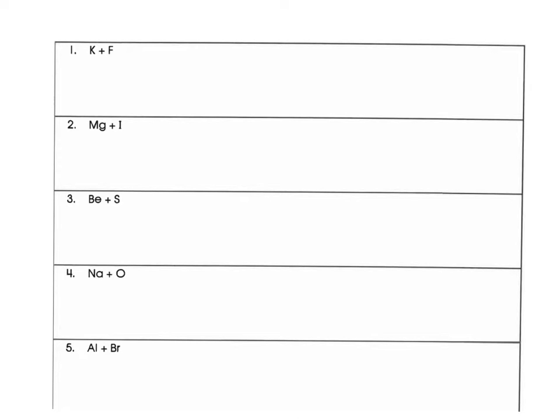Hello again. Today I'm going to be talking about ionic compounds and the bonding that goes on between the metals and the non-metals. Before Thanksgiving we looked at how to classify them. Remember, the metals are on the left-hand side of the periodic table with the exception of hydrogen, and non-metals are on the right-hand side. There should be a bold zigzag that divides your table so that you know which side